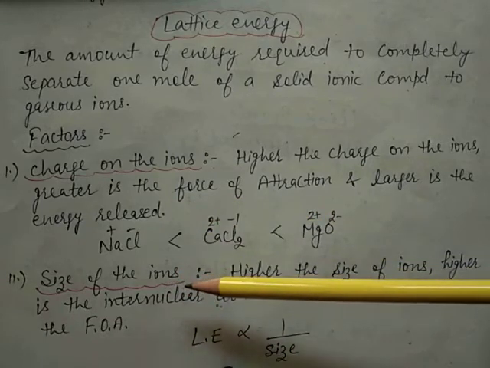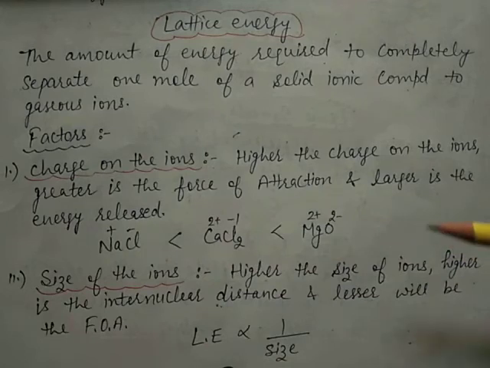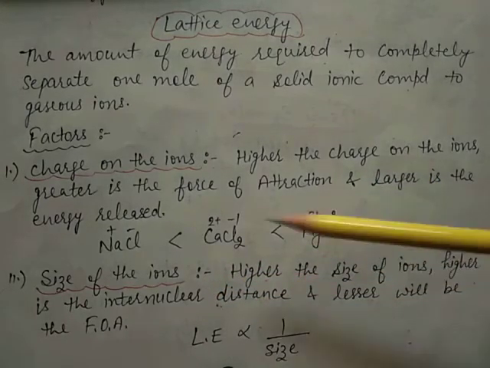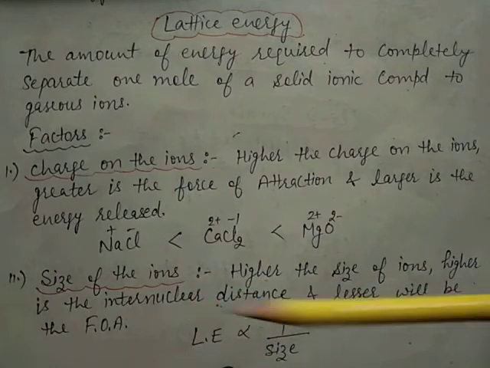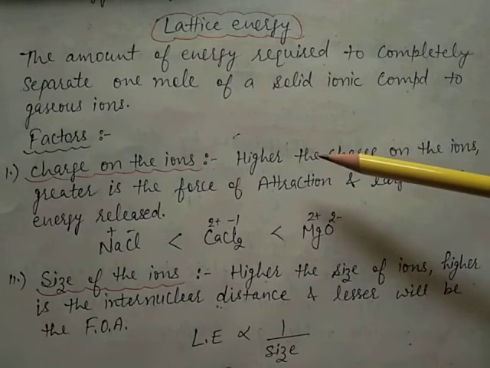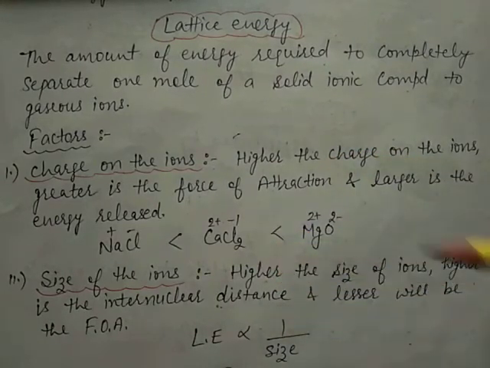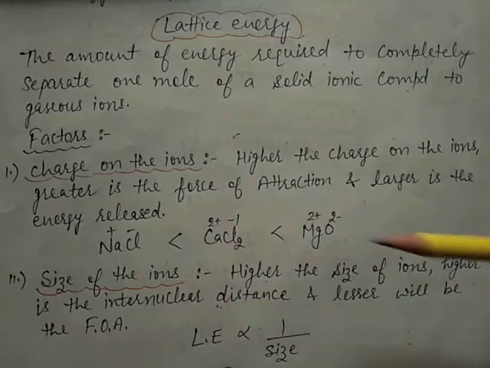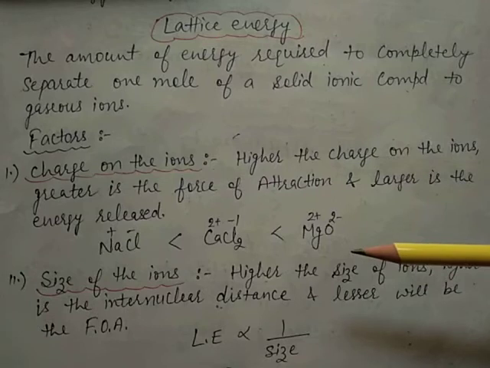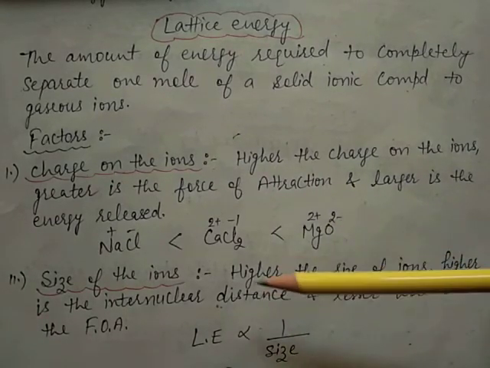Next is size of the ions. The higher the size of ions, the higher is the internuclear distance and the lesser will be the force of attraction. Means same condition is there: small size, high nuclear charge. If the size is higher, it means internuclear distance is higher but the force of attraction is less. So the lattice energy is inversely proportional to